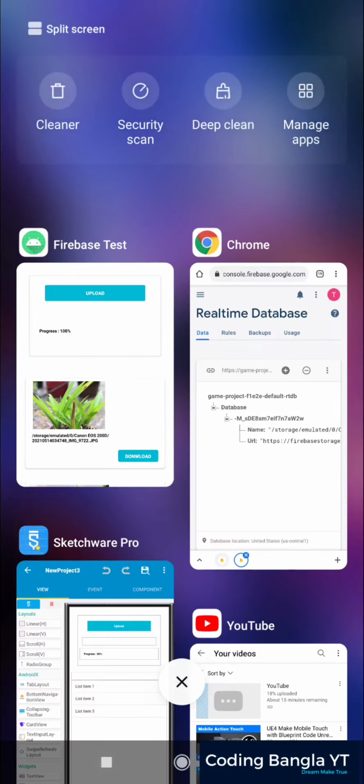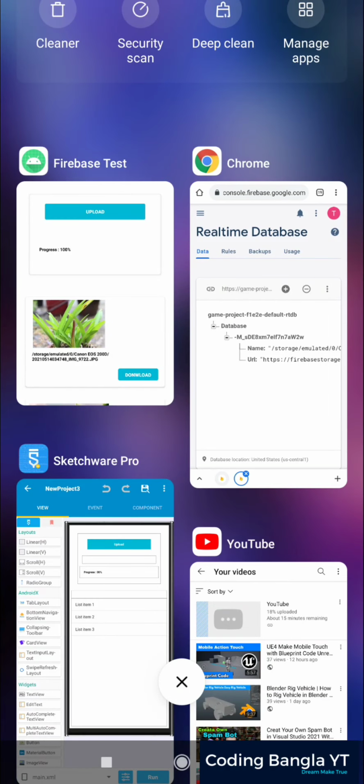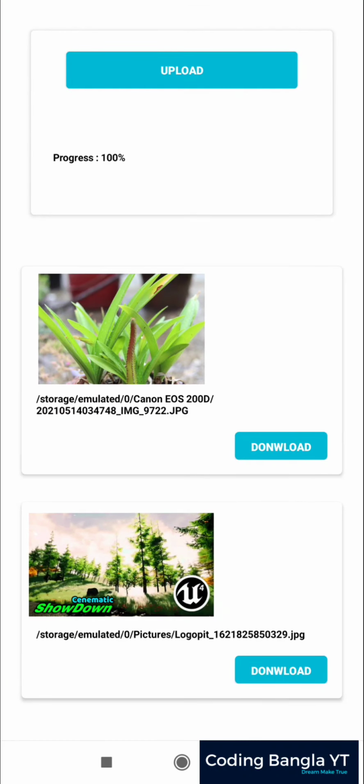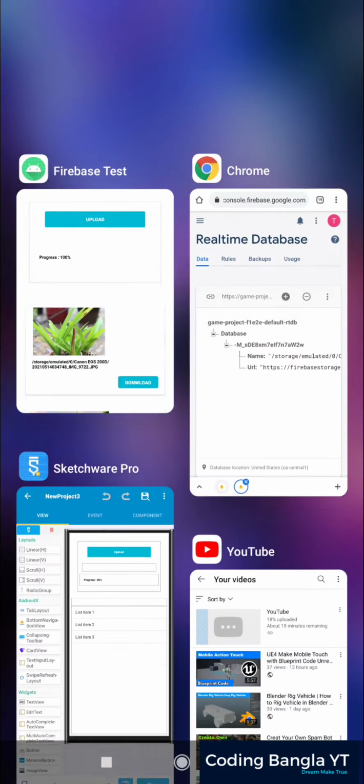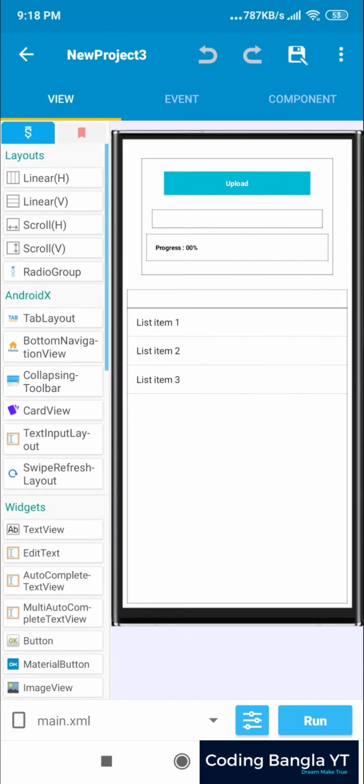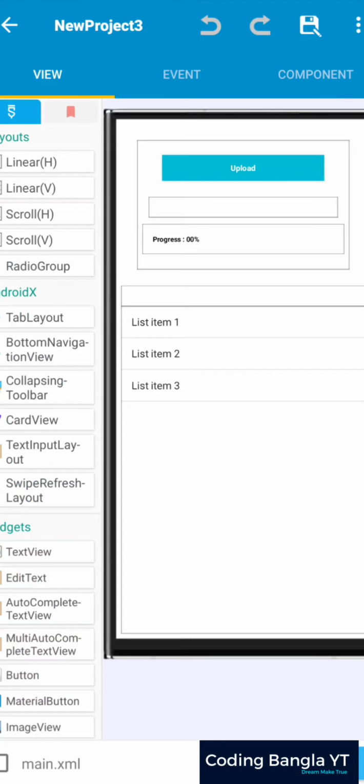I will only show you the system and how I created it. I won't show you the UI or anything else, just the functions and how you can create them. So let's start. In the last video I showed how you can connect Firebase with your Kodular. If you don't know, see my video link in the description below, or if you have a real-time database problem, I also have a video fixing that problem that you can check out.